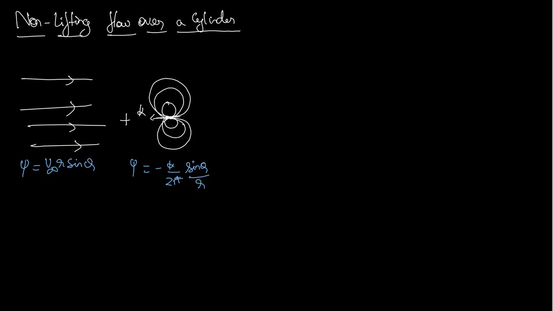And so when I add this, I happen to get something that is very interesting, and that is observed in normal experiments also. What happens is this doublet stays here like this, and this is how the doublet flows, the directions. And the flow starts flowing around the doublet like this.